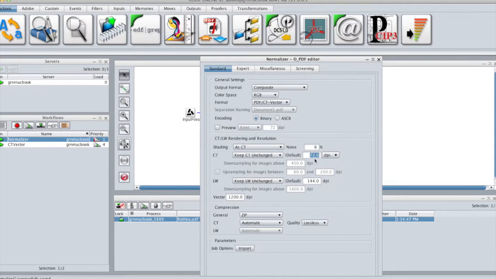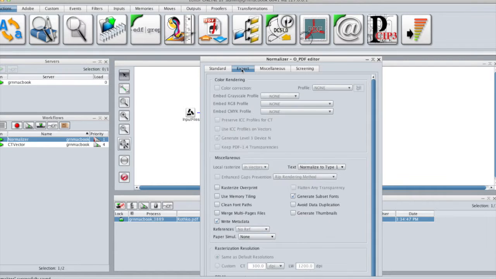But we recommend to put a higher resolution, like 144 everywhere or 200 dpi, and set the image compression to JPEG with a high quality. This should give you a good image quality result and will reduce the size of your file significantly. The general compression here has to be set to zip to reduce the global size of the file.